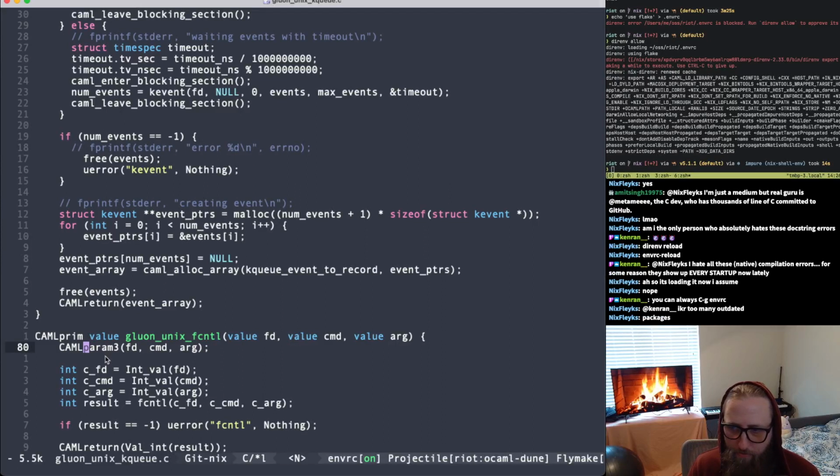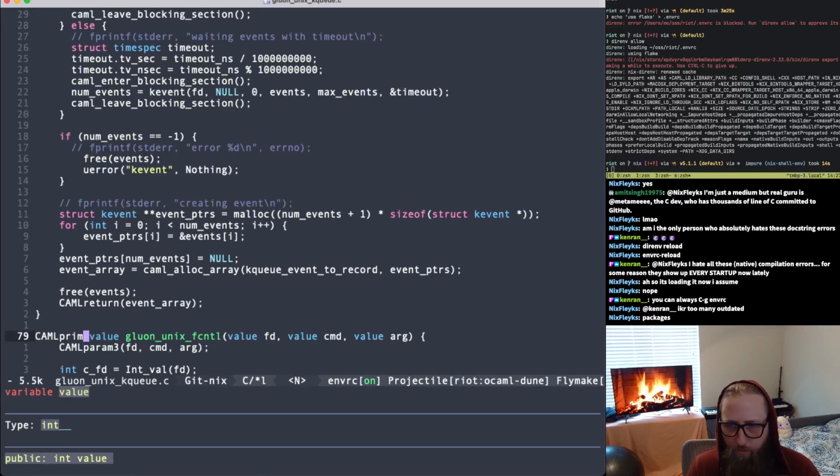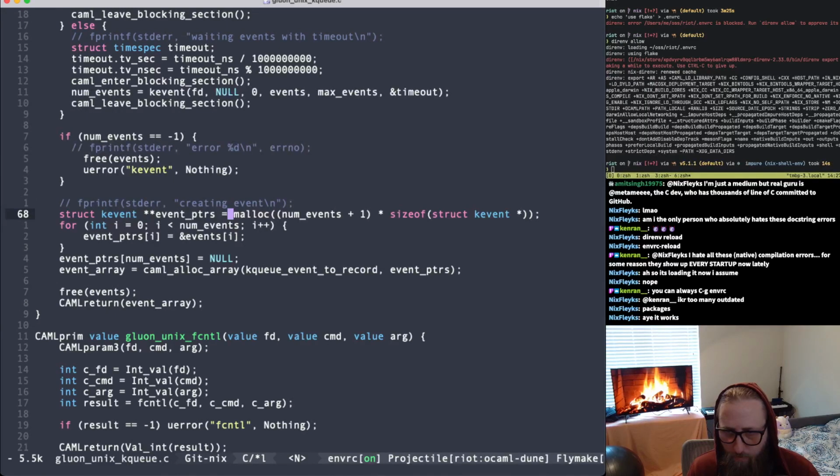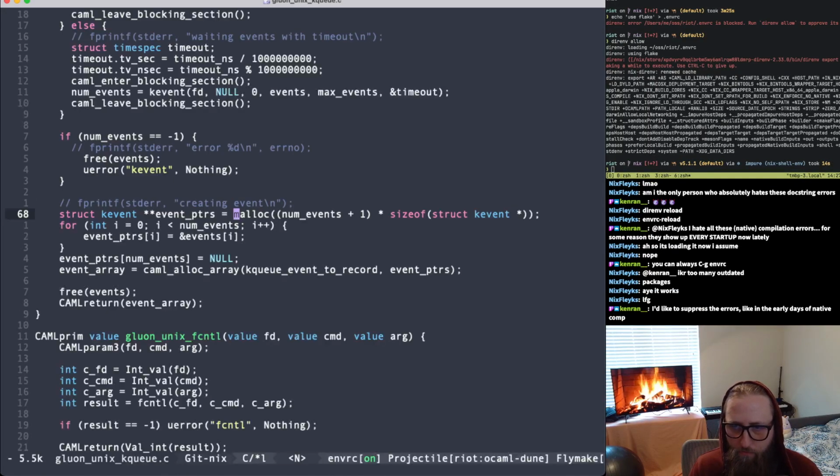Yeah, lots of outdated stuff. The native comp errors, yeah. That's what I got once I actually moved to native comp, surprisingly. Okay, so let's go. Hey, look at this. Does this mean it's actually working? Oh wait, I still need to do